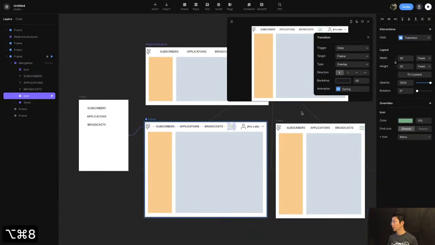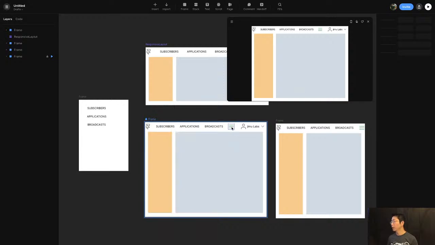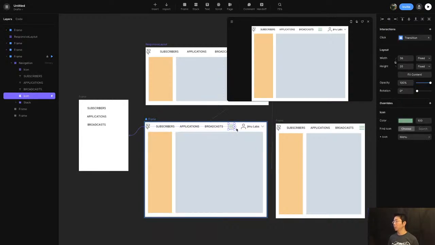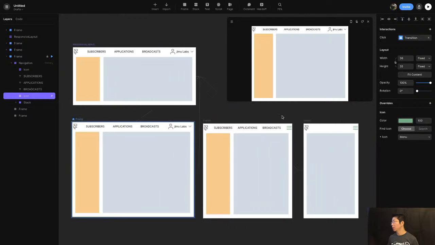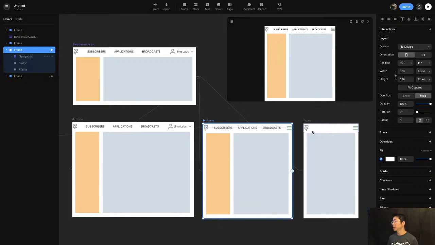Let's test it out, right? And don't forget to hide it, because on the desktop we will already have everything. We don't need to see this menu. So if we hide it there, it'll still be visible in the other two frames. And okay,